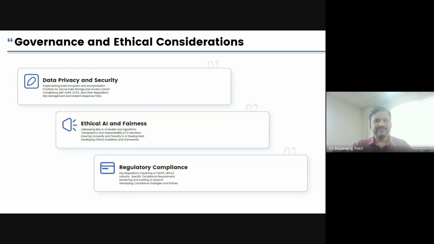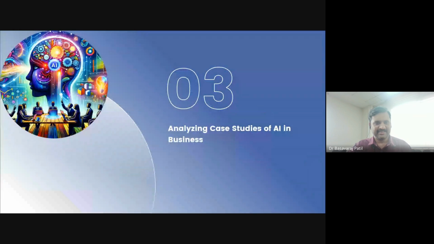So in the governance and ethical consideration, we have to have proper regulatory bodies to monitor and audit the policies frequently, because we cannot utilize regulations which were built 10 years ago. As you are more aware, Google is building application algorithms and they are changed frequently, every day. The data regulations have to be updated frequently, the policies have to be reviewed, and strong policy framing organizations are required so that they stick to it. Then only can we have effective utilization of AI in business.